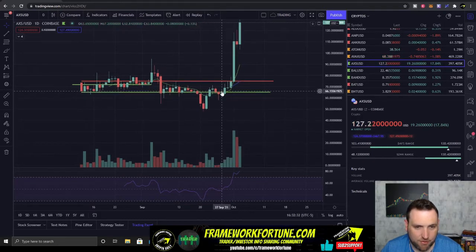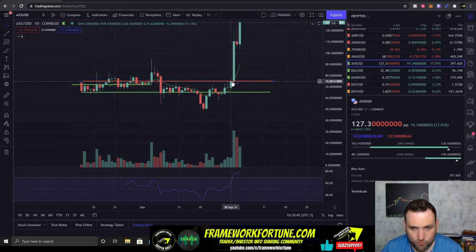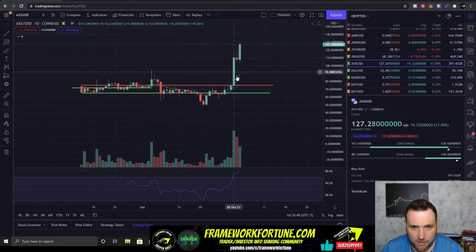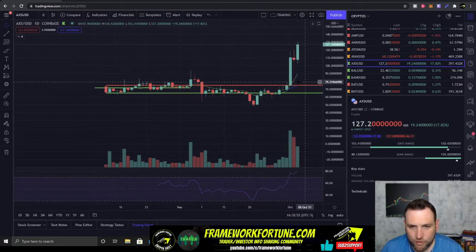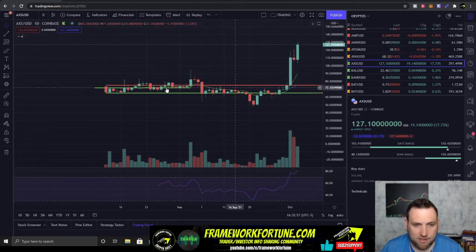They pushed it back above that floor, but because it dropped below that floor, it became a ceiling again right here. It had a little trouble getting back above it. It did eventually break, and then it broke through that 75 before making this very nice rip. We knew the 75 area was going to lead to a big break because it had problems these other times